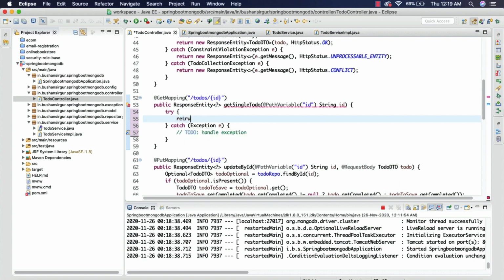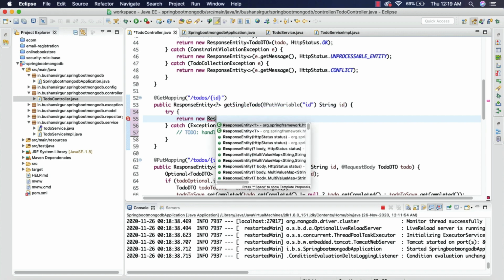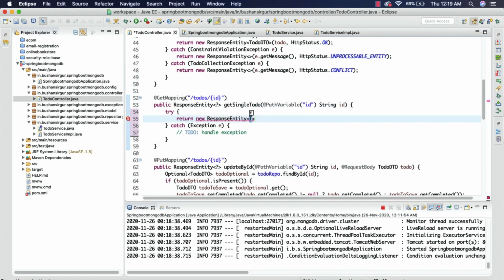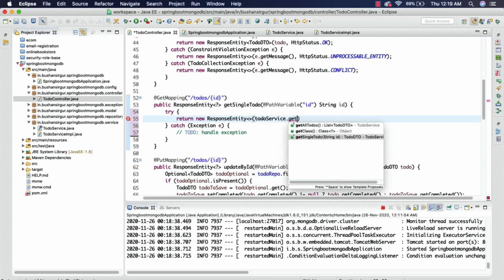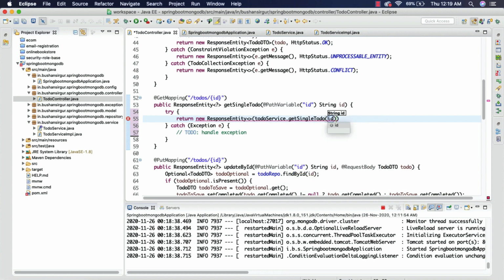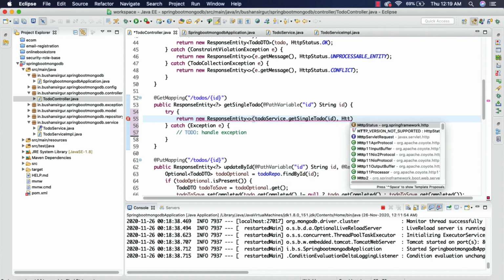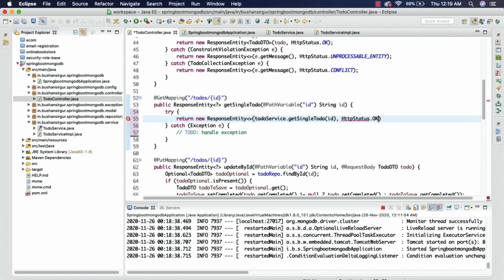So return new response entity, we're going to make use of the to-do service dot get single to-do by passing in the ID, and we're going to send the HTTP status OK.